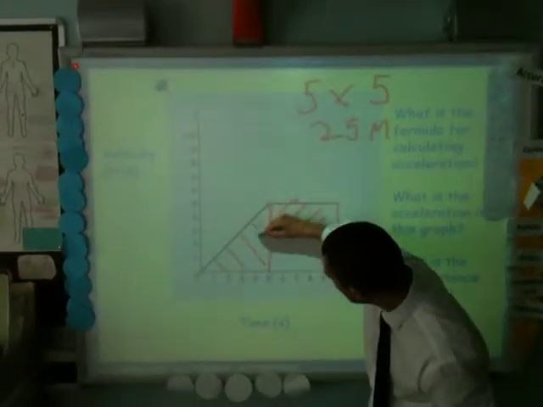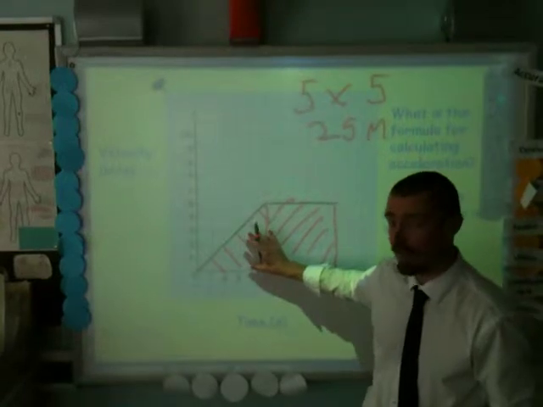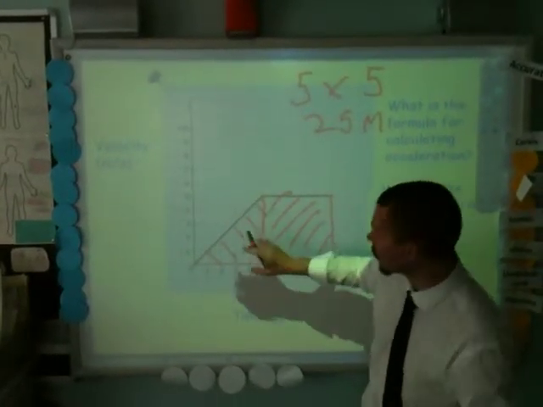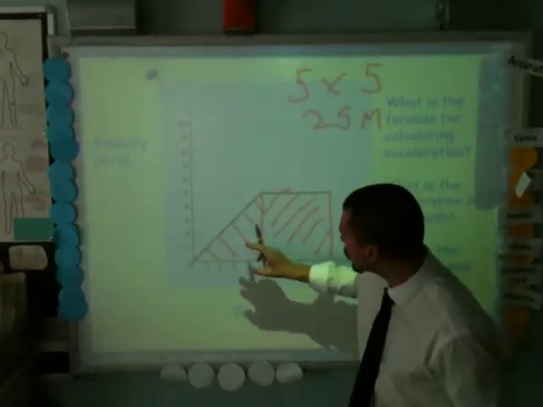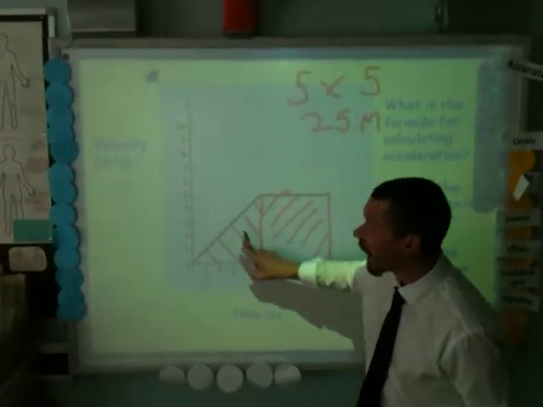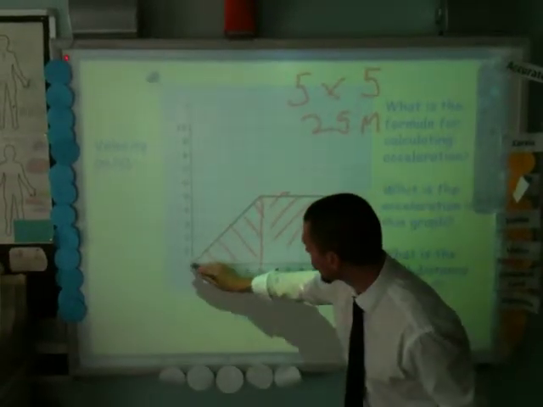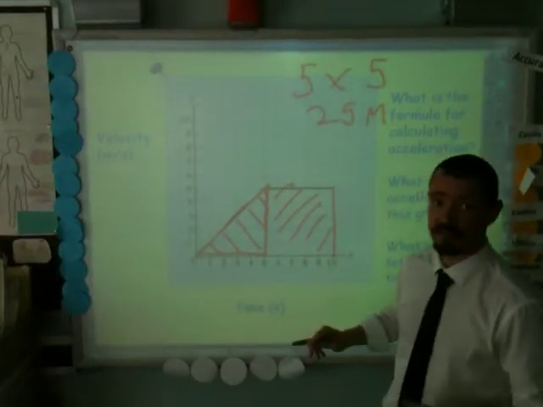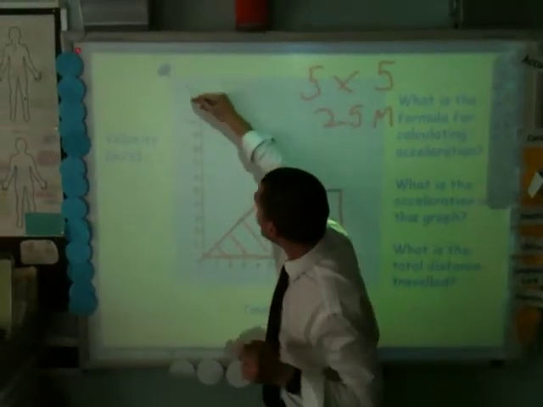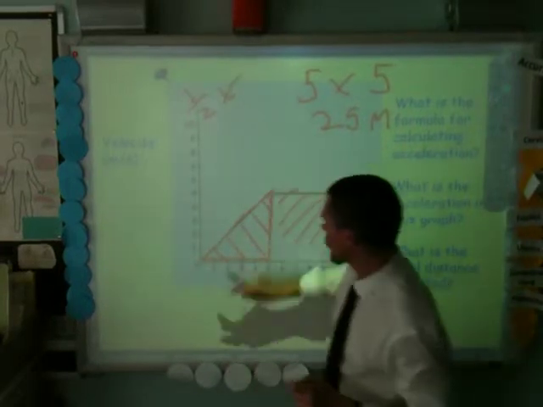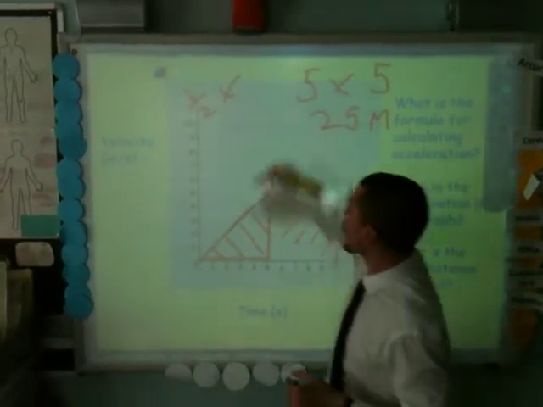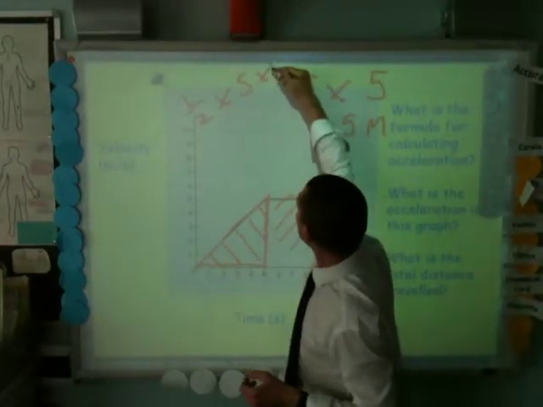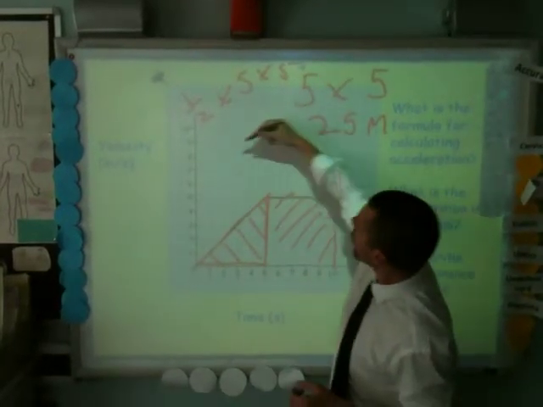But then we get to this bit where it's accelerating. That seems at first a little bit more tricky. How do you calculate how far an object goes whilst it's accelerating? Well, I'll tell you now, it's not complicated, because we still just need to calculate the area under the graph. So really all we're doing now is calculating the area of this triangle. And as you should know from maths, to calculate the area of a triangle, we do half times the base, which is 5 again, multiplied by the height of the triangle, which is 5. Sorry, it's not very tidy. And that works out at